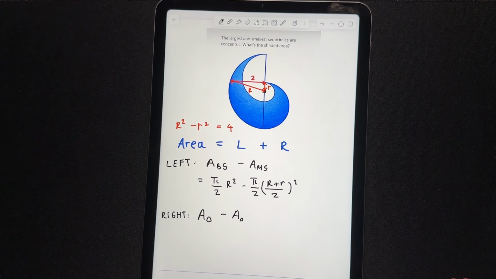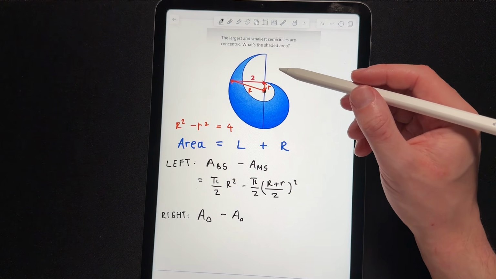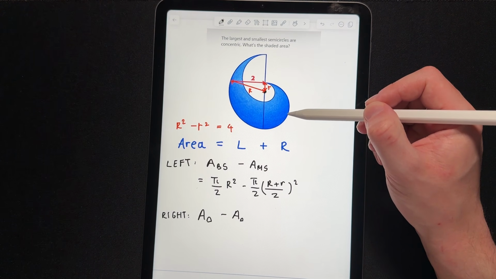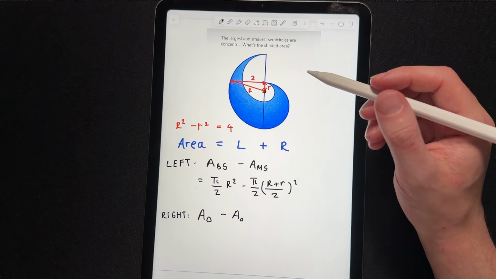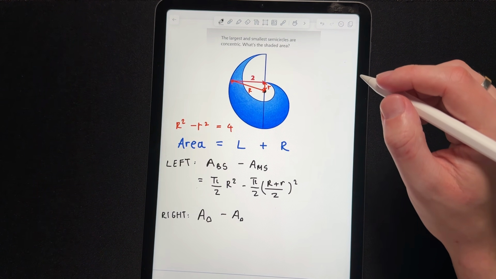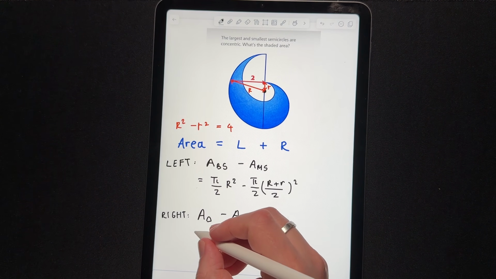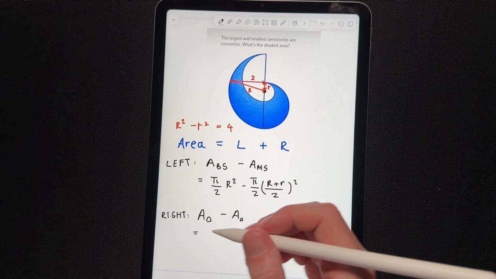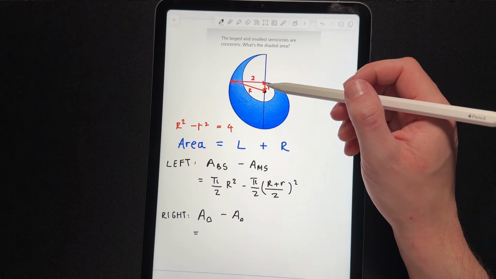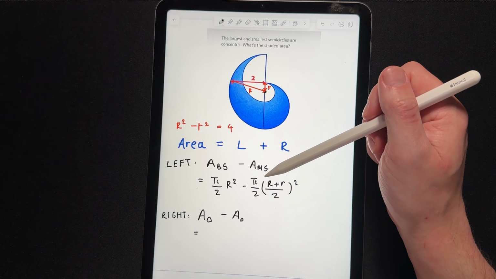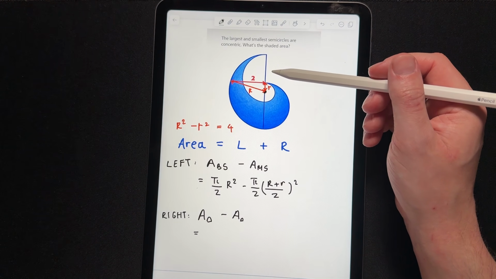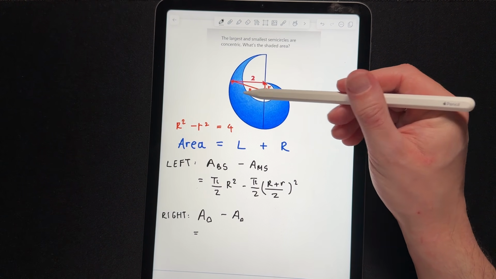In this case, the bigger semicircle is this one here, and the smaller one is this one here. Now how can we work them out? Well, once again, the area of the bigger semicircle is actually the same as the medium semicircle over here, because we can see again that the radius is going to